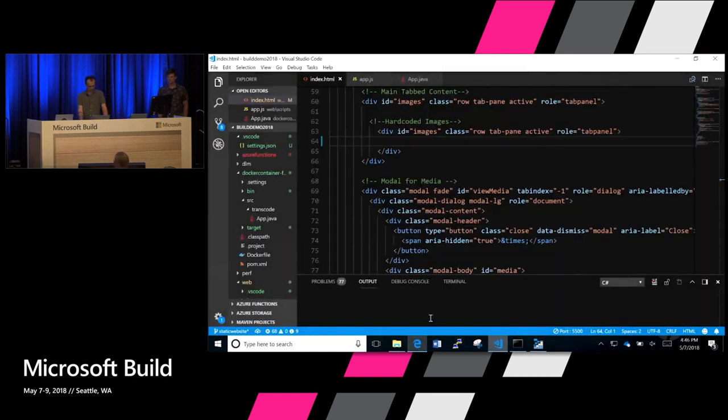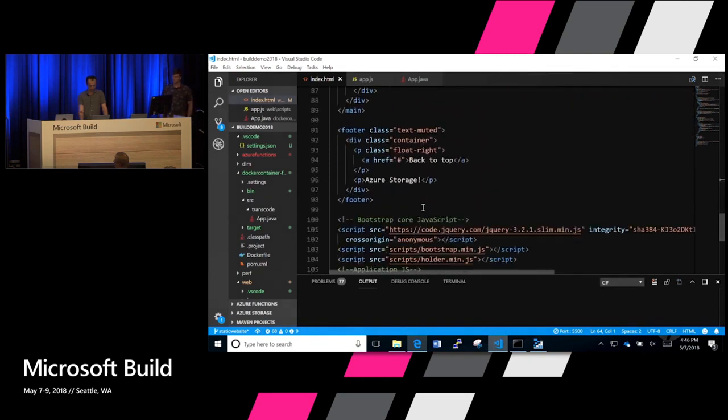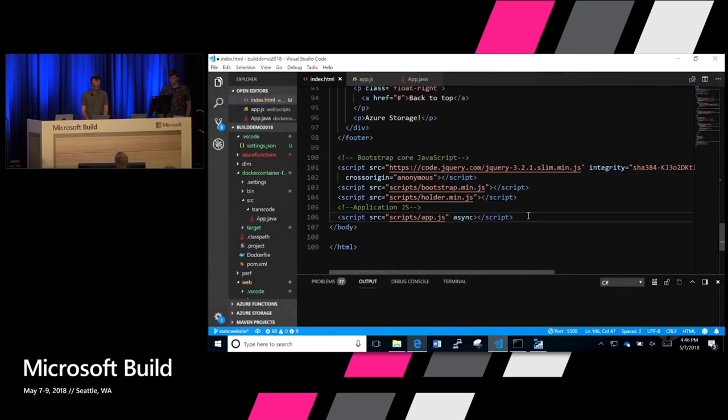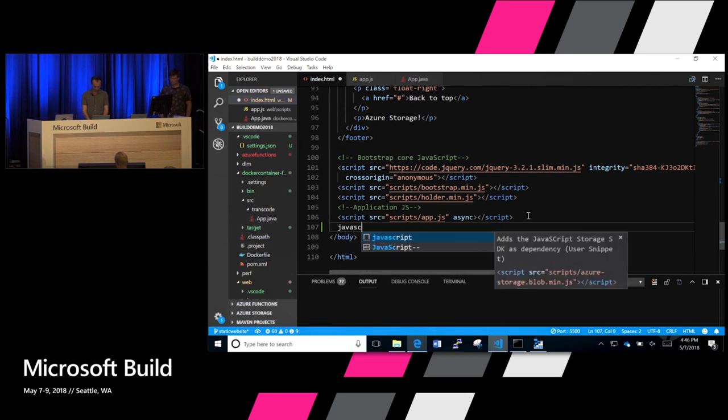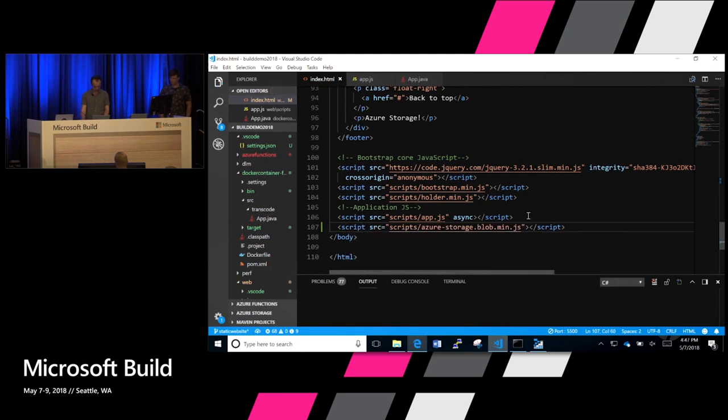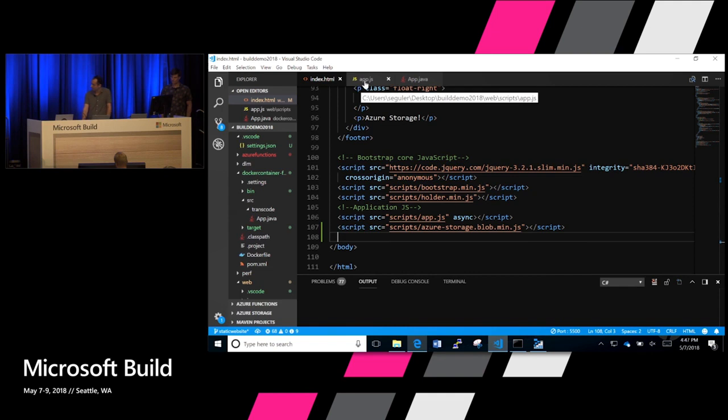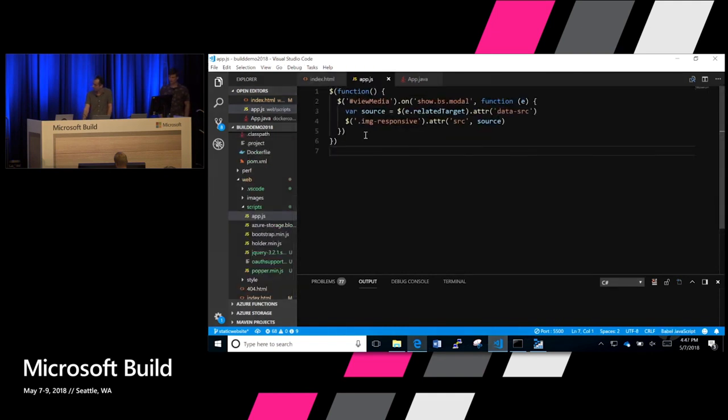Let's go back to the index.html. I'm going to add the dependency here at the bottom. I have some code snippets already ready for this. Otherwise, we would be spending an entire night troubleshooting my typos. This is the storage JavaScript SDK. What we want to do now, switch to the app.js right here, where I have my jQuery script for viewing